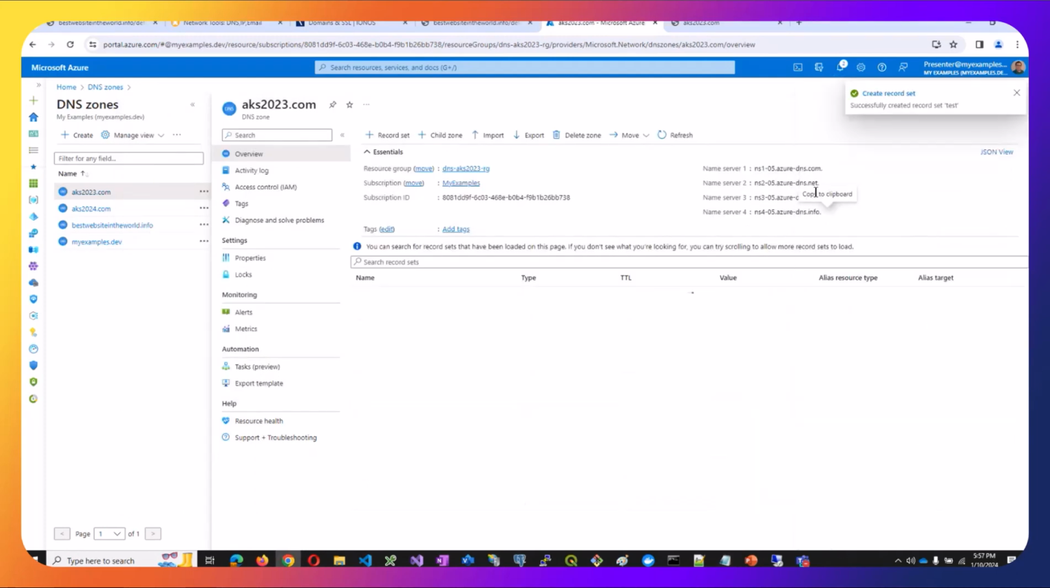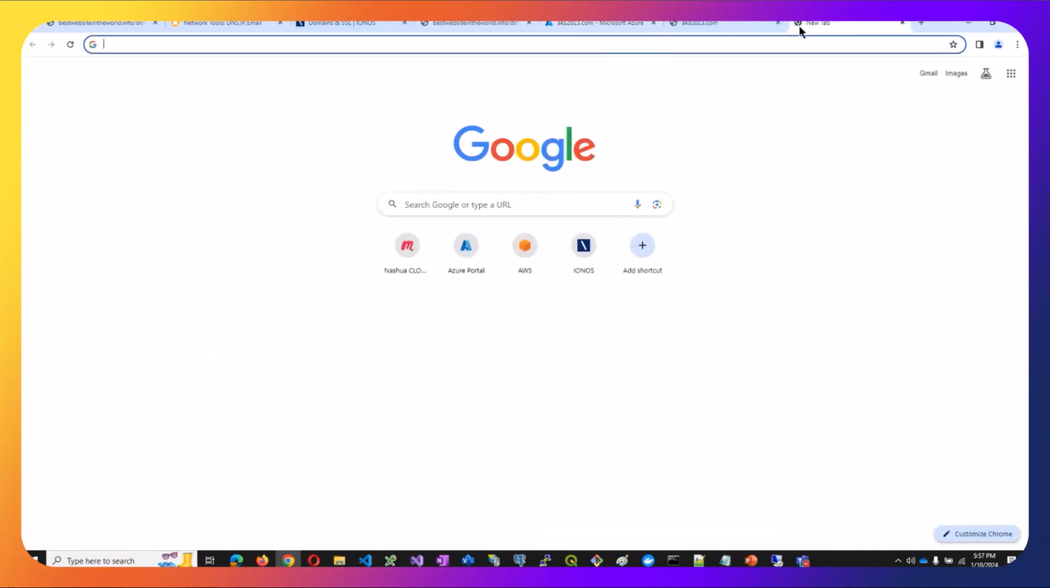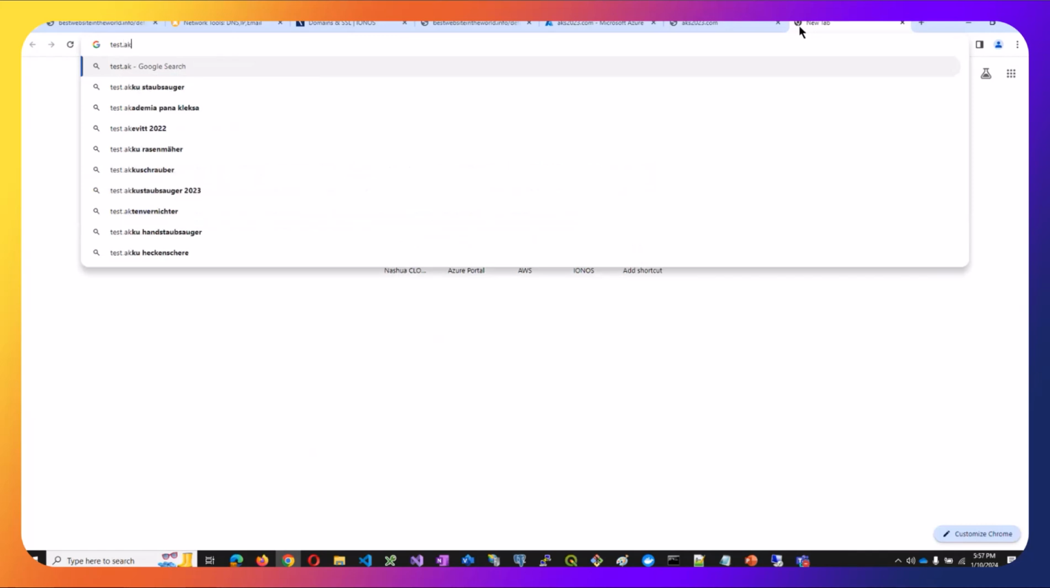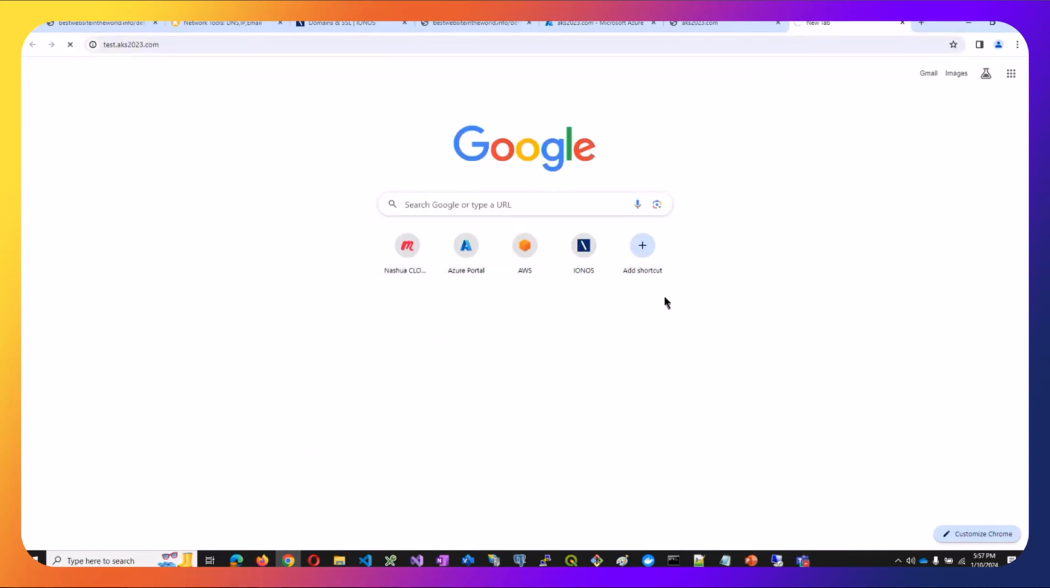I'm going to hit OK. There it is. Now, if I was going to go to test.aks2023.com, we'll give it a second. And there it is. So what's nice is, let's say you have a huge website and you can have